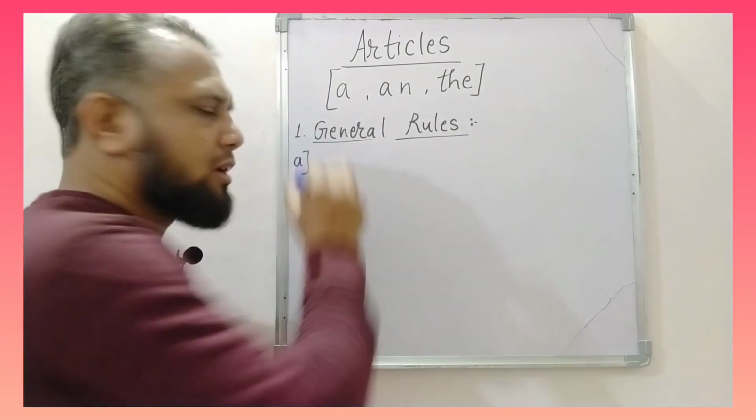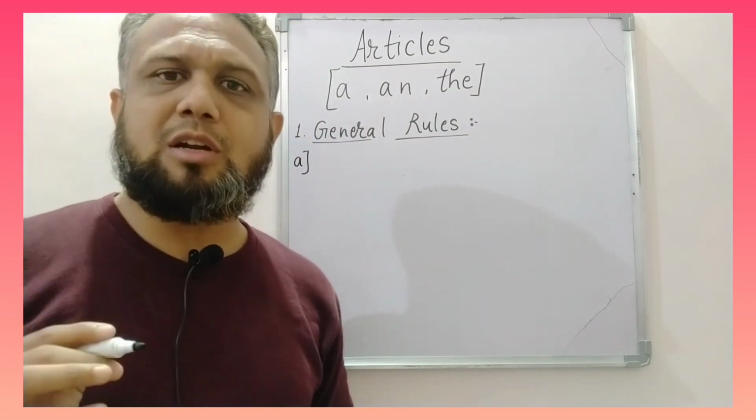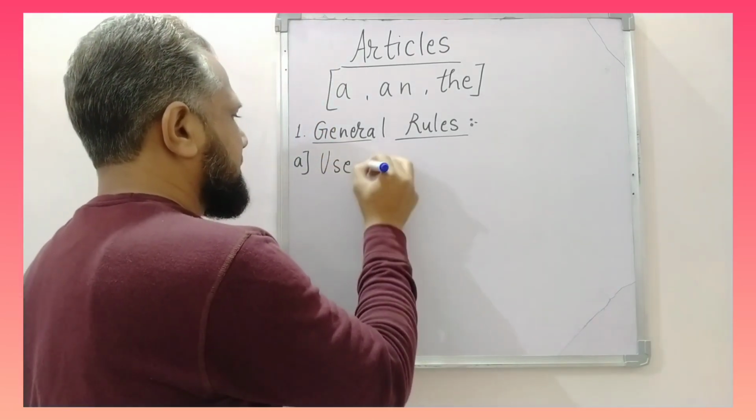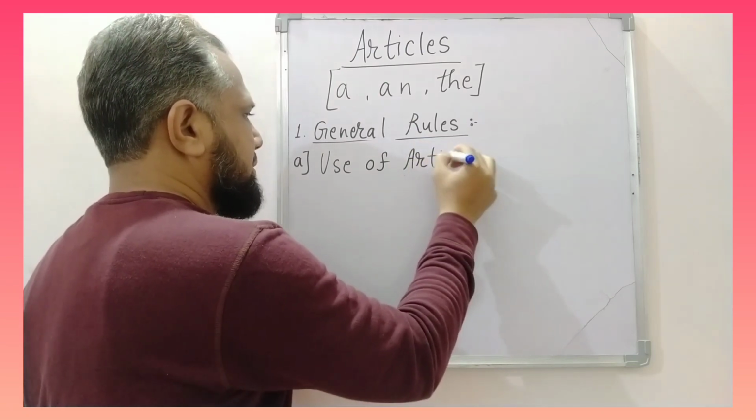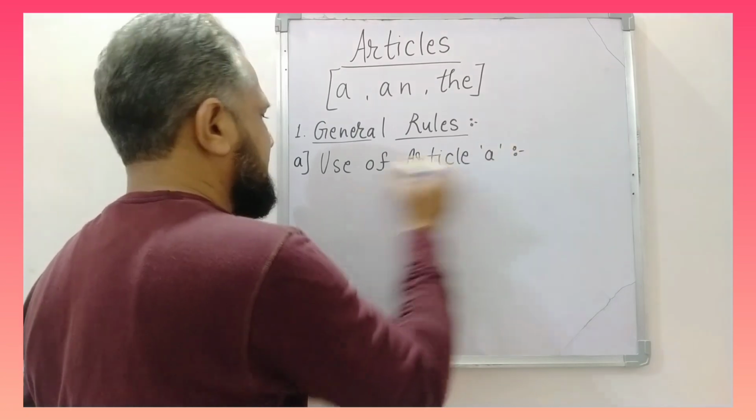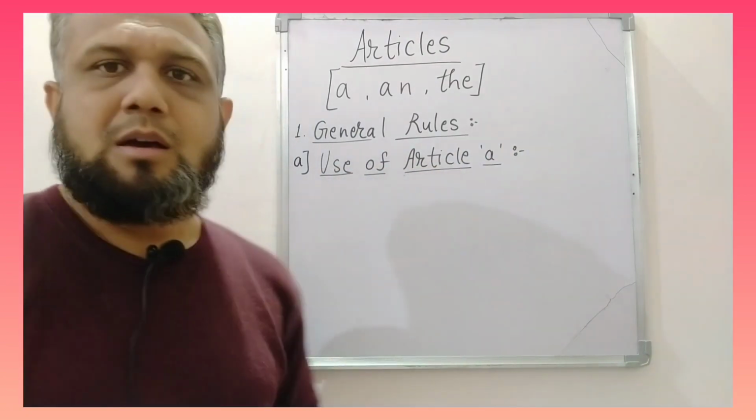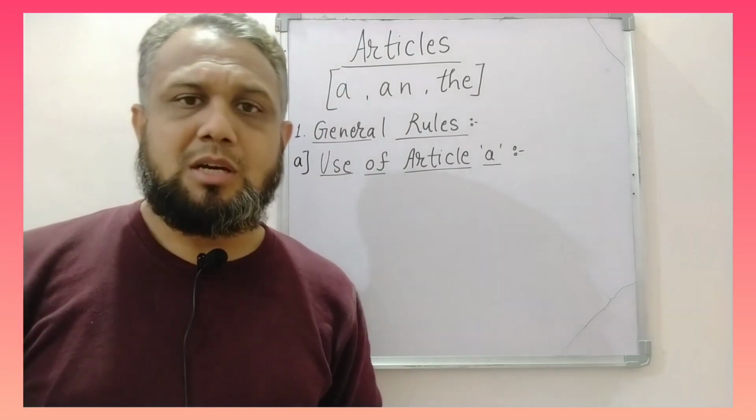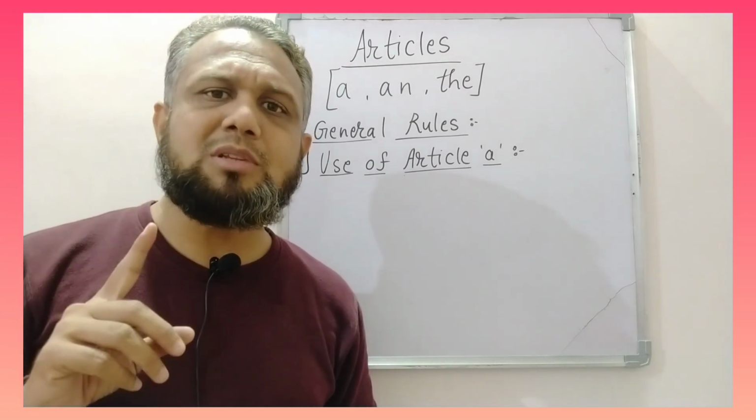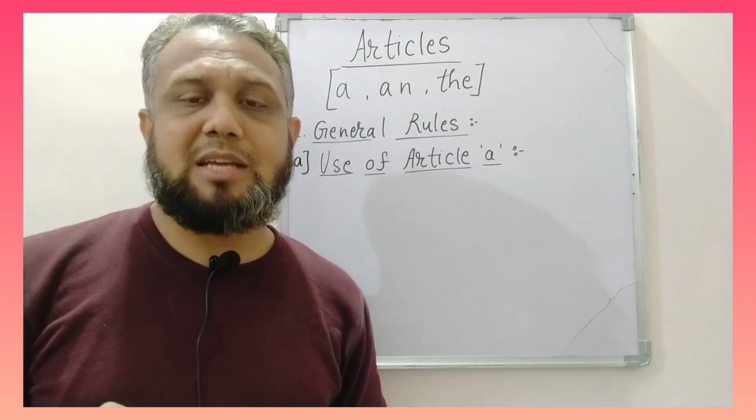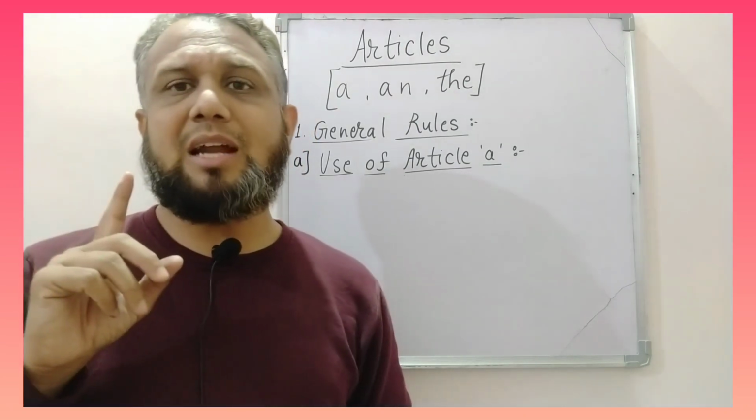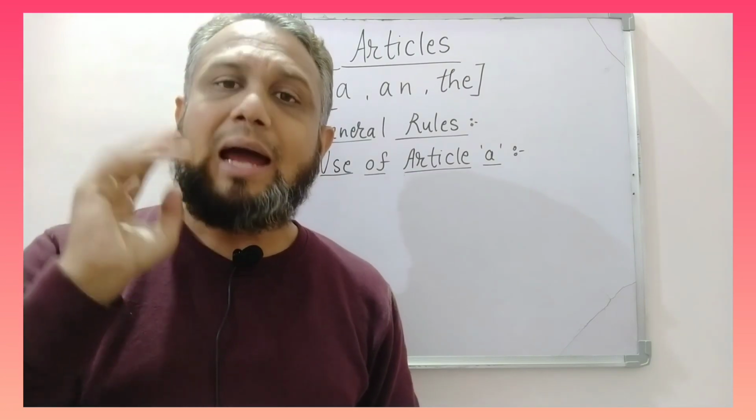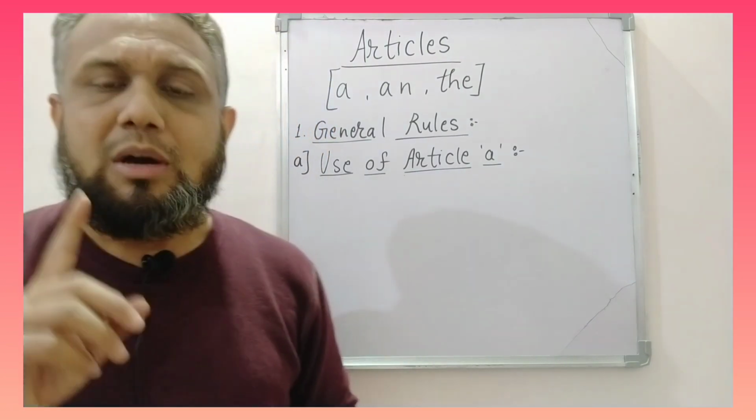So according to the first general rule, we will see where we should use article A. Use of article A means where we should use article A. So remember our first video in which I have taught you about the basic concepts of English alphabets, in which we have seen there are 26 alphabets in English language, and out of them 5 are vowels, that are A, E, I, O, U, and the remaining 21 are consonants. So if a